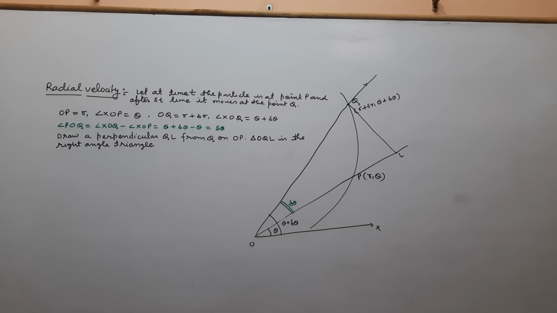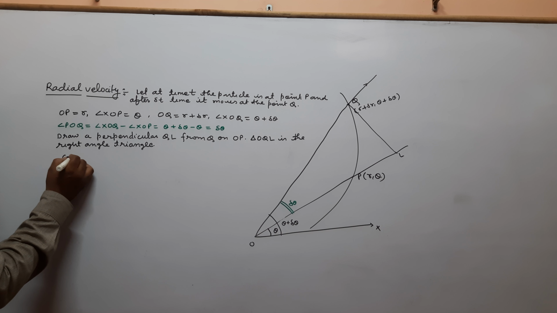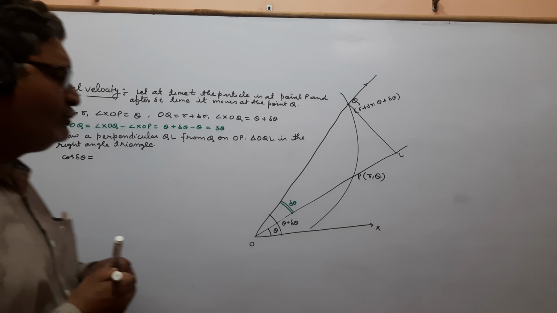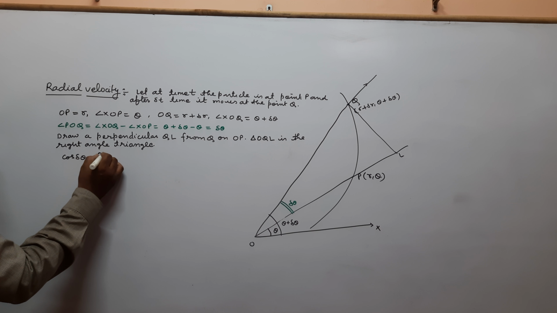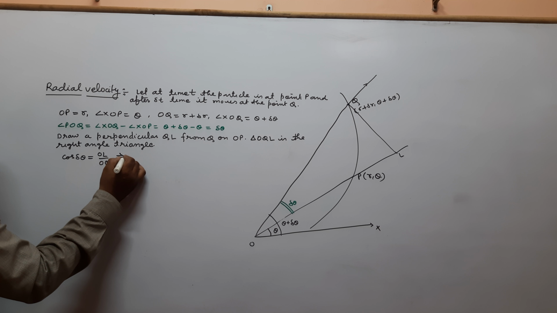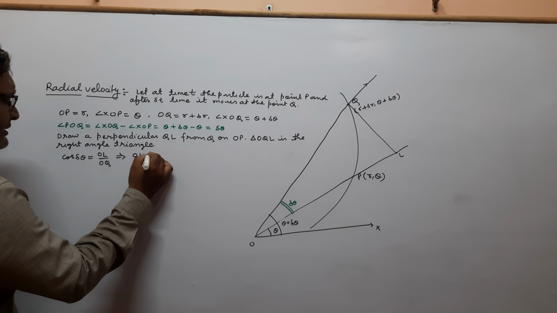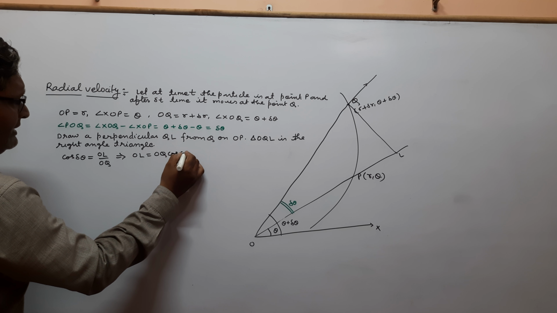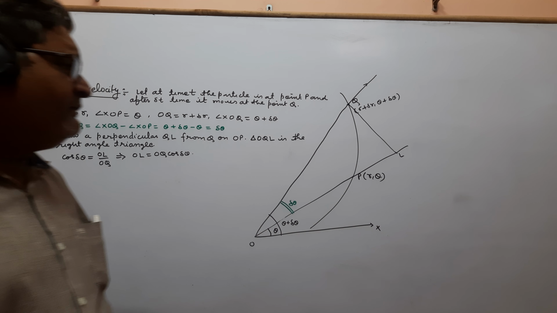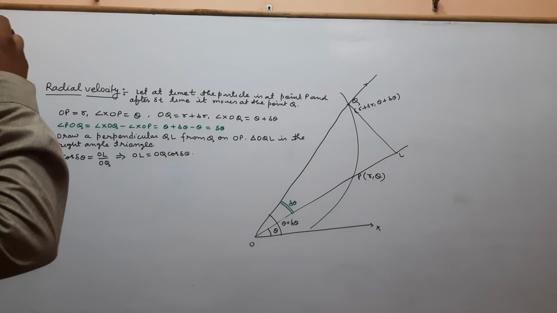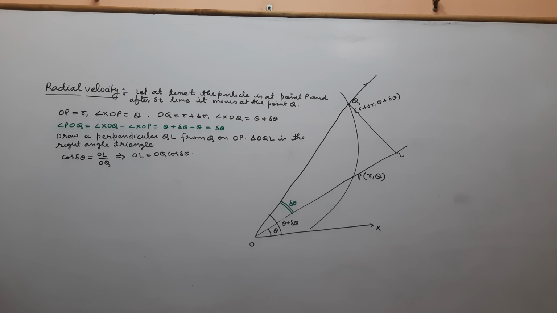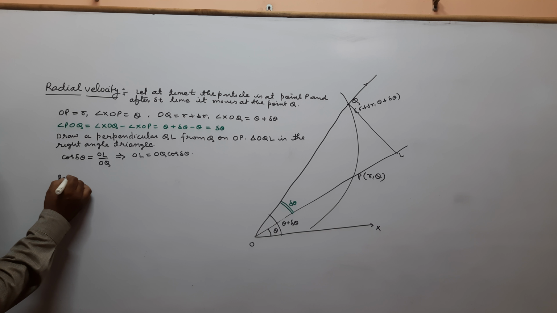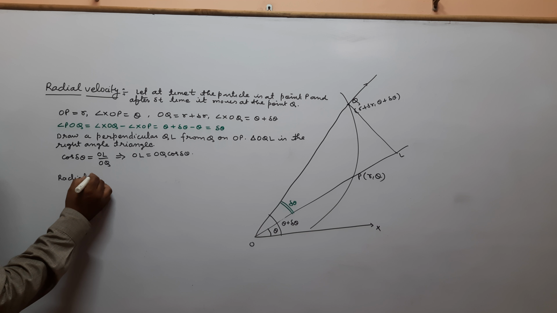Now we find cos del theta. So cos del theta is equal to base upon hypotenuse. So base is OL here and hypotenuse is OQ. So OL is OQ cos del theta. Now we know that radial velocity is the component of velocity along the radius vector. So when we find radial velocity,